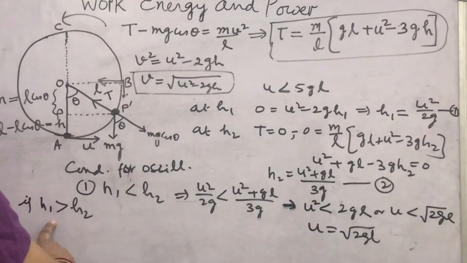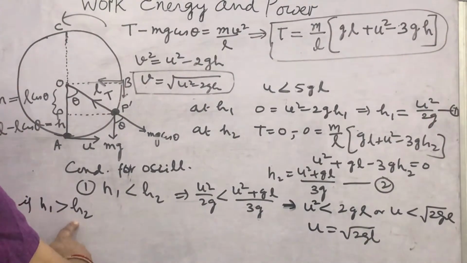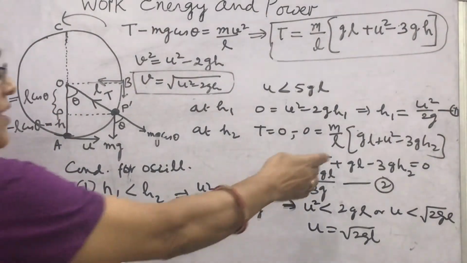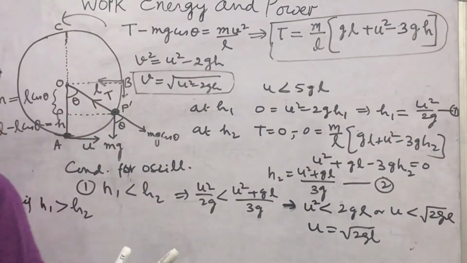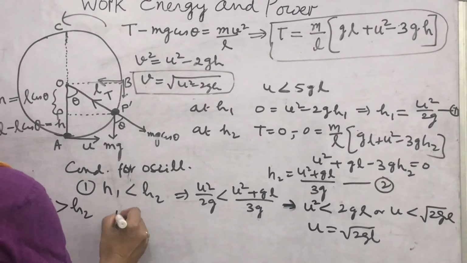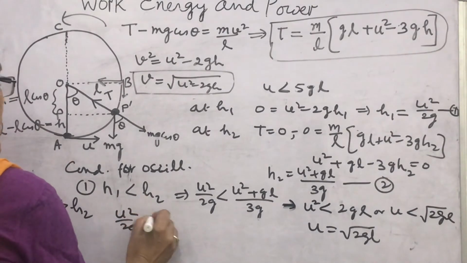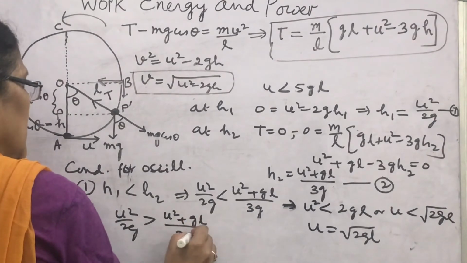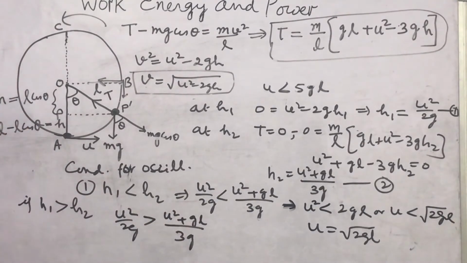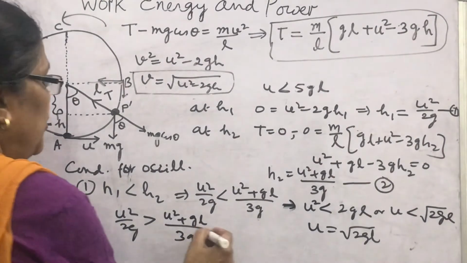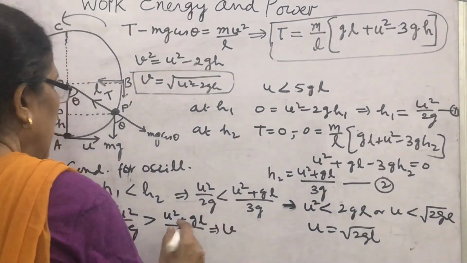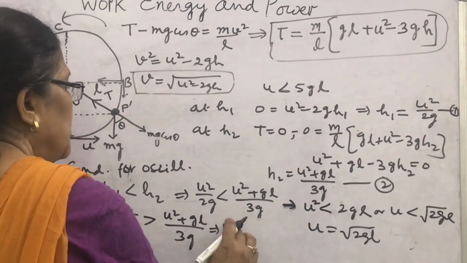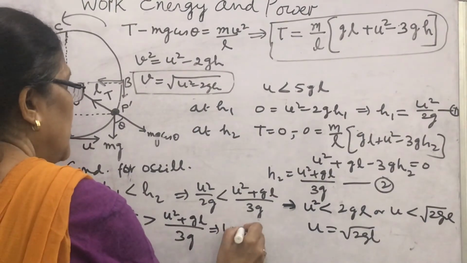This is the condition, that now H1 will be greater than H2. Put the values like this, you are getting H1 and H2 values, then what will you write here? U square upon 2G will be greater than U square plus GL upon 3G. Then what will you get here? This implies that 4G, this is 3G, that is this U will become,